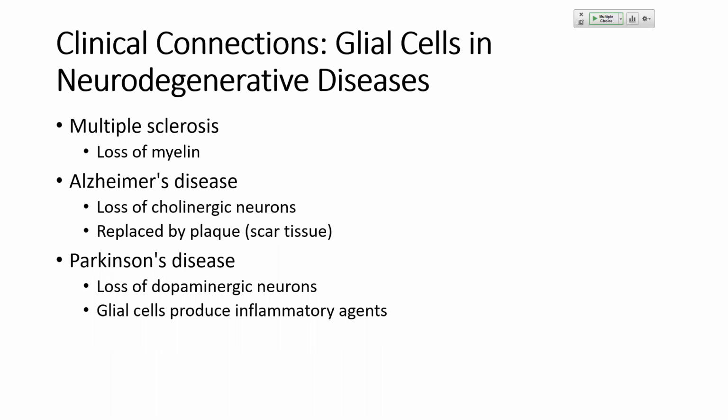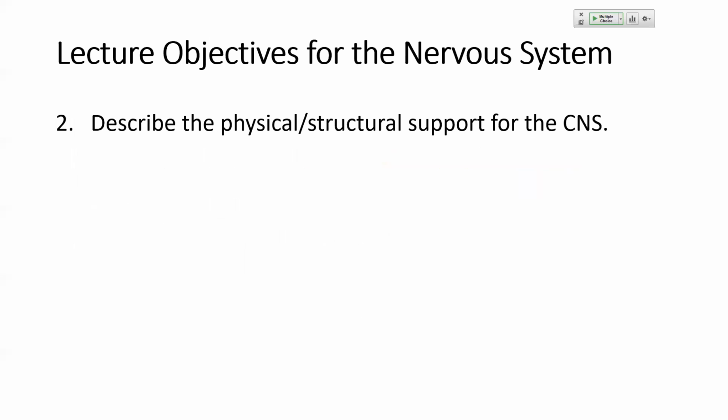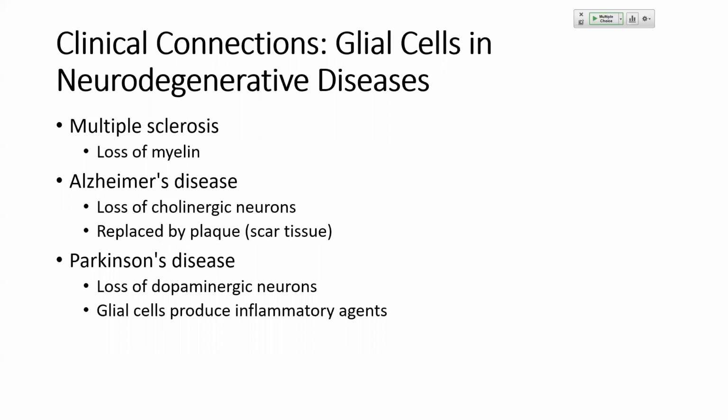Okay, we can speak about some clinical connections with these glial cells. The last two cells that we're involved are myelin cells, and I'll talk about those later on in this packet. But when we lose the ability to myelinate cells, we end up with a disease called multiple sclerosis. So this involves many different organ systems because it involves the demyelination of nerves. So movement is affected, speaking is affected, visual and hearing perception is affected with